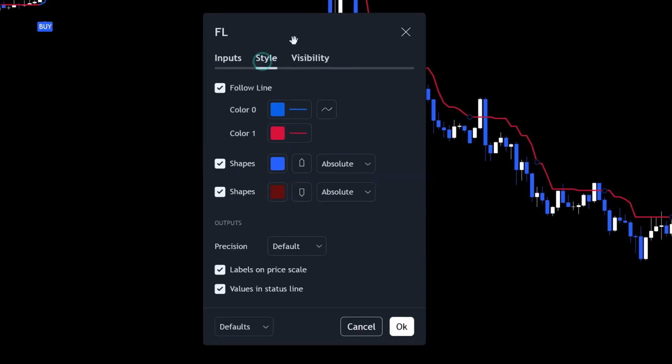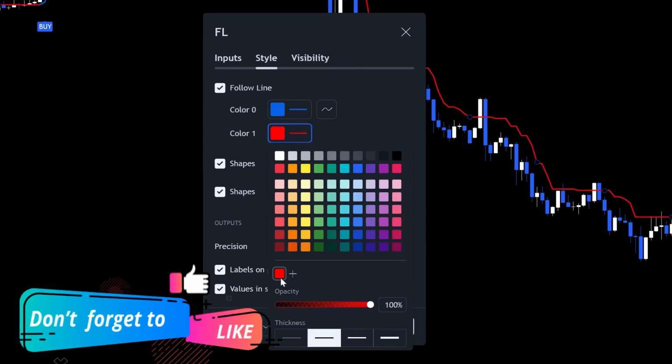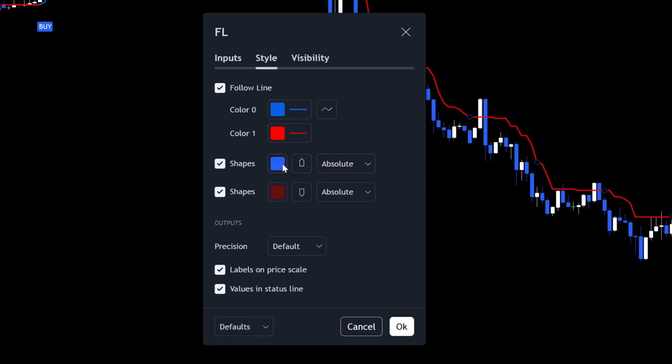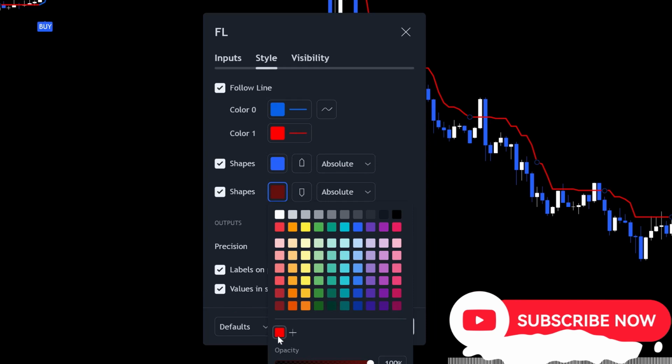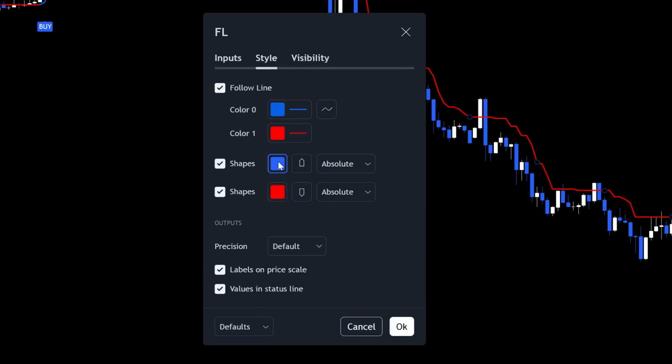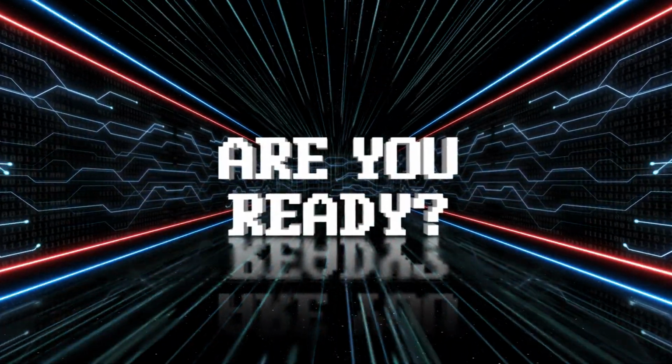Now let's spruce up the style section to make the indicator stand out on the chart. After all, you want it to be as clear as day when those signals pop up, right? So feel free to customize the colors, line thickness, and any other visual aspects that tickle your fancy. Great work. Now that we've got your Follow Line indicator all fine-tuned and ready to roll, it's time to add